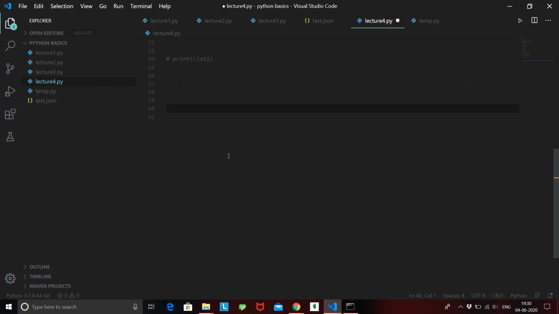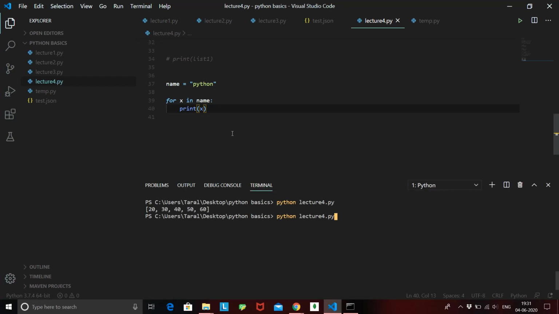So if I have a string called name equal to Python, and I want to iterate over this name and check each and every letter that is present inside name, I'll have an iterating variable: for x in name, print x. Now this x will iterate over each and every letter that is stored inside the name. And if we run it, I should get Python.